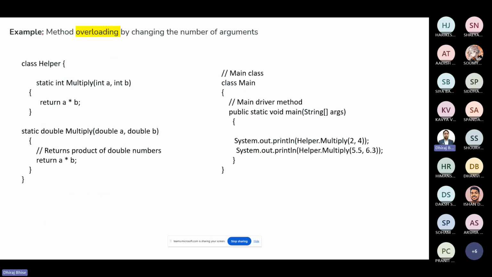Let us take one simple example to try to understand what method overloading is all about. We have this class Helper, you can give it any name. We have this method multiply, integer multiply. Forget about this for now. This method is expecting